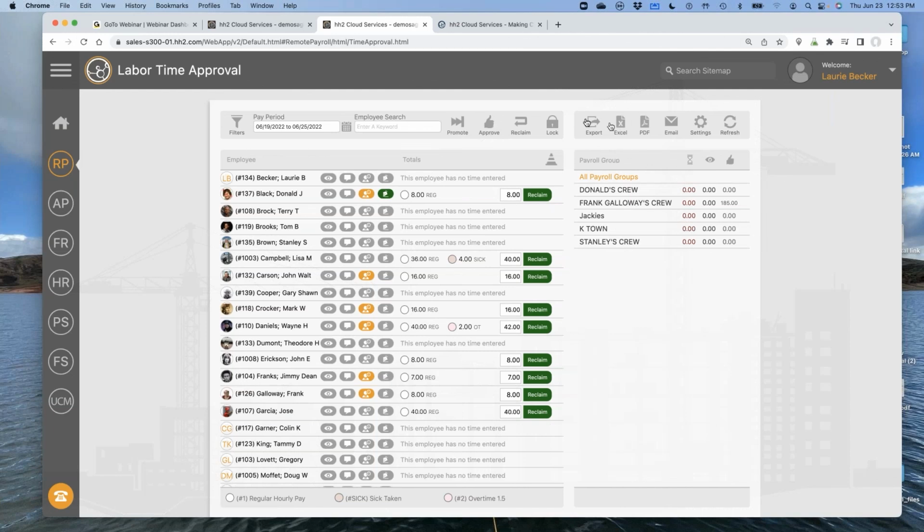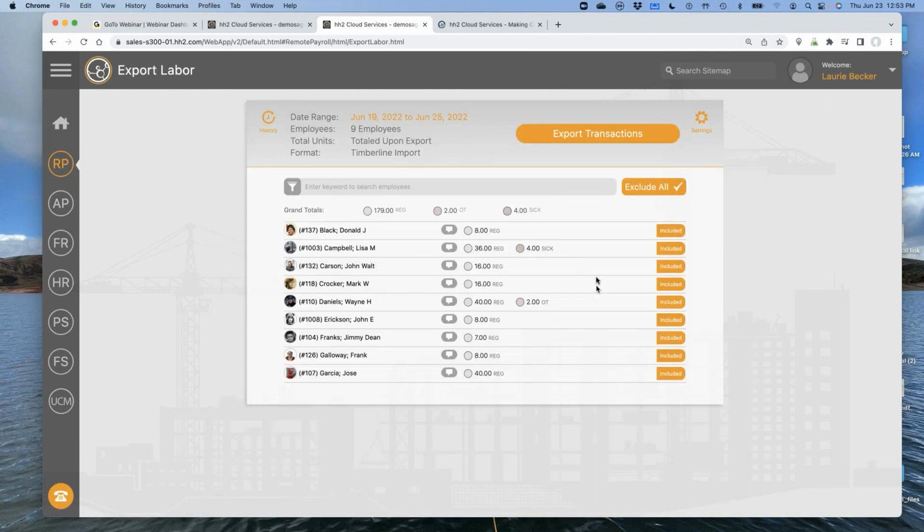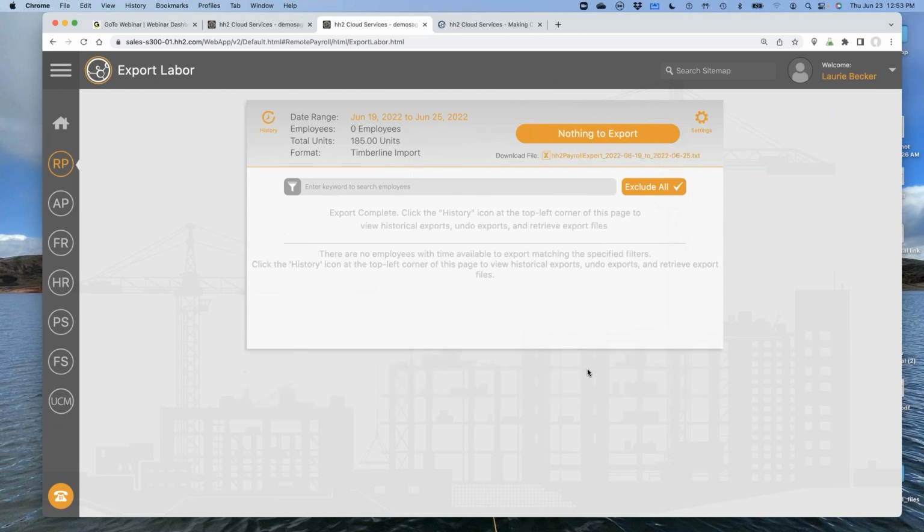So right here, I approved. I'm going to hit export. In the export screen, you say export transactions, and at this level, here's a couple of different nuances between Sage 300 CRE, Sage 100 Contractor, Sage Intacct, etc. Now, for Sage 100 Contractor, when I click that button, we actually push all of the time entries into the 551 daily time entry screen. That is the import that Sage 100 allows us to use to push time entries in.